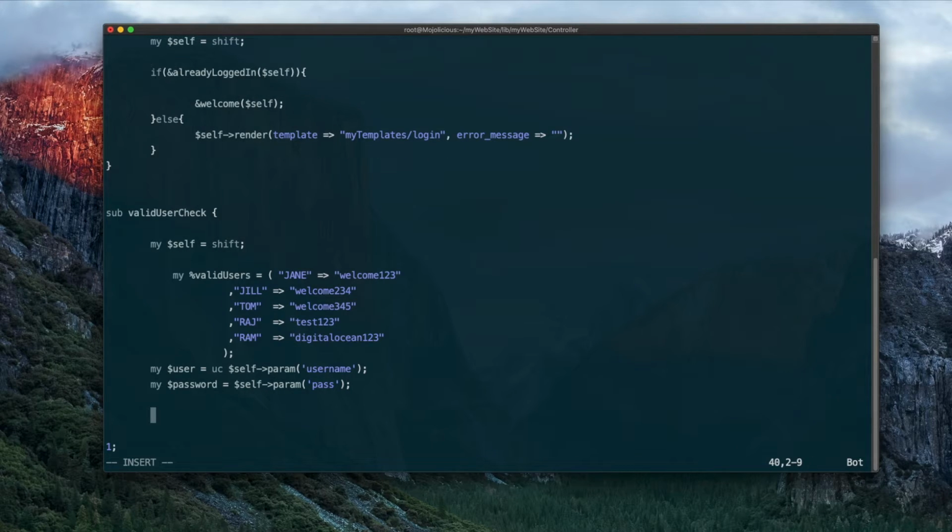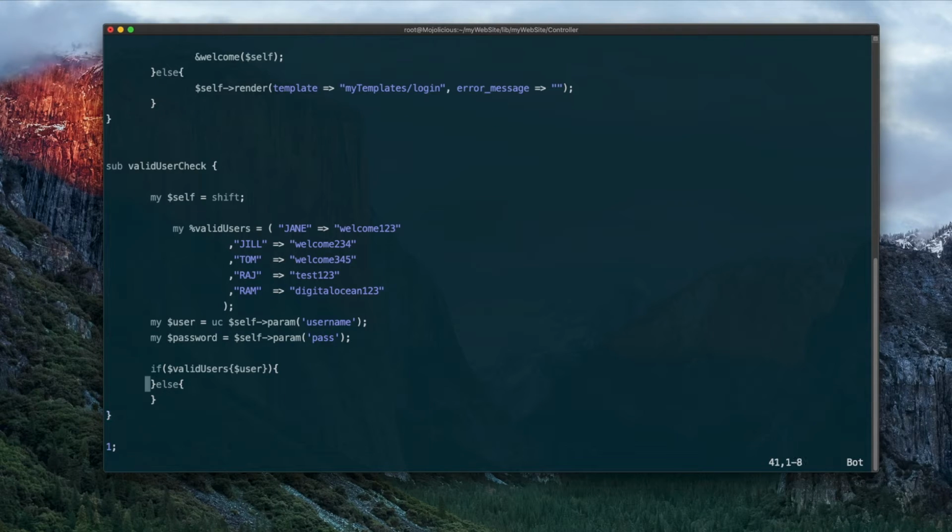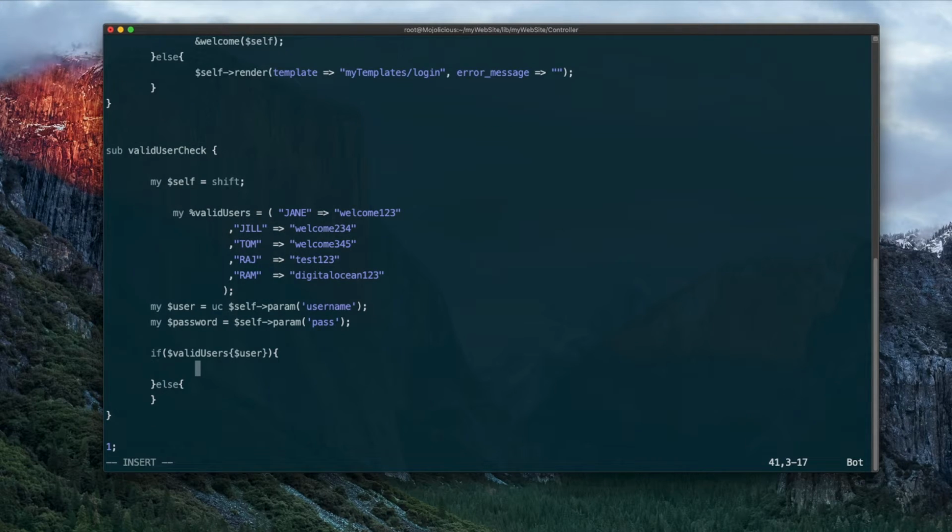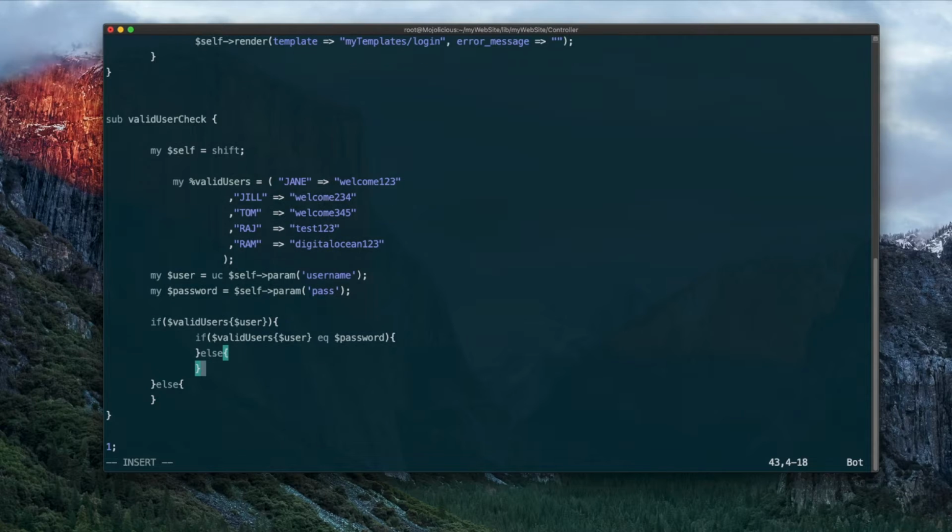First thing we'll do is check if the user exists. If the user exists, then we will validate his password. If the password is validated, we create a session cookie.